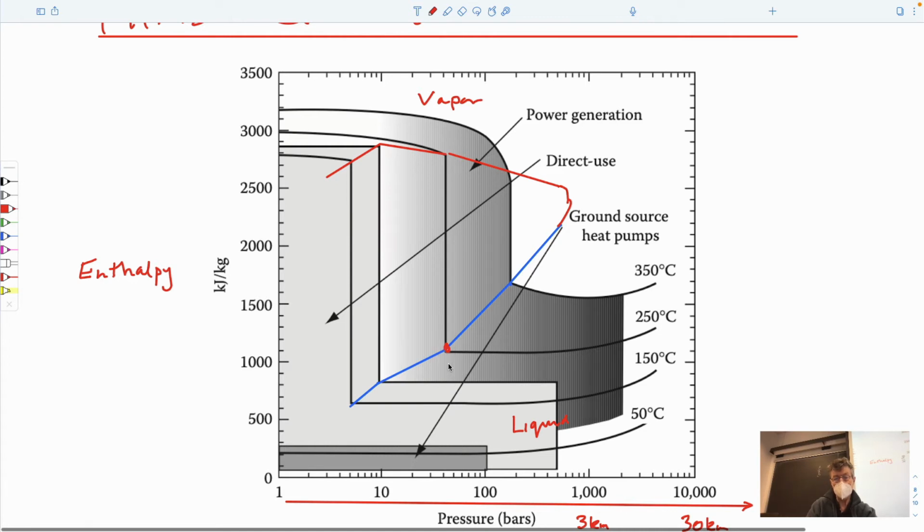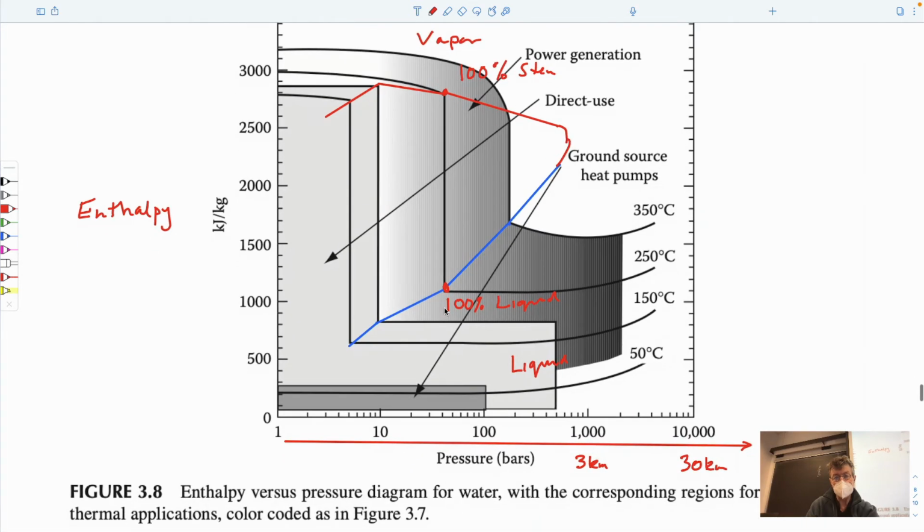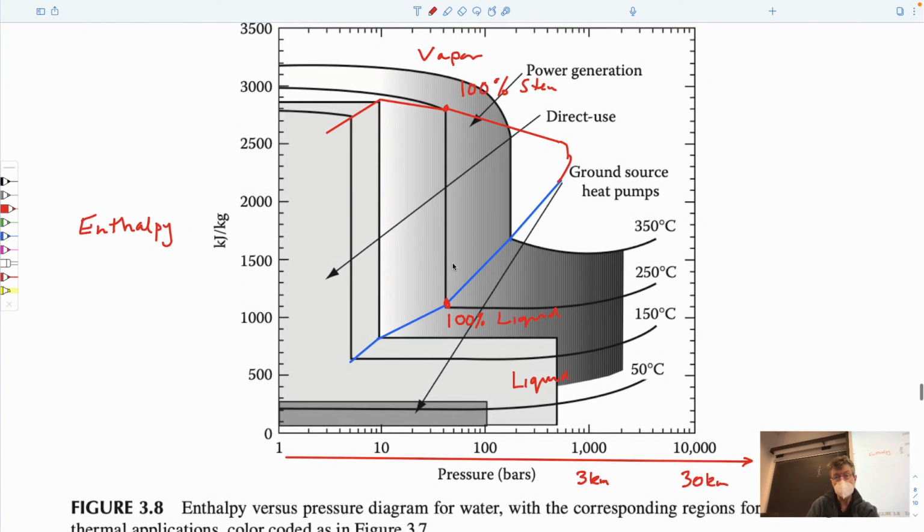This would be 100% water. Or 100%, I guess it's water all the way, right? 100% liquid. And this would be 100% steam. And so this just allows us to be able to define the response of the system at those behaviors. So it defines our high-grade system, high temperatures and high pressures, our lower-grade system, which is this one here, and